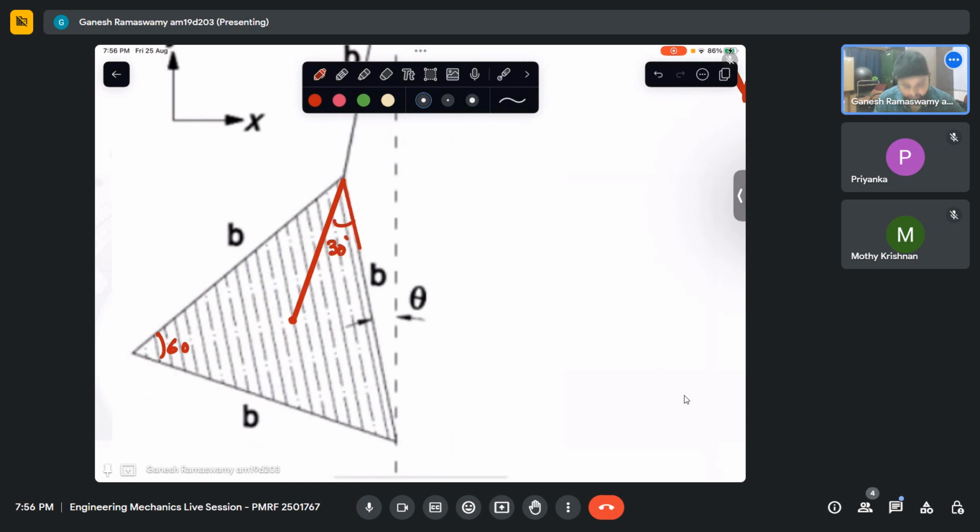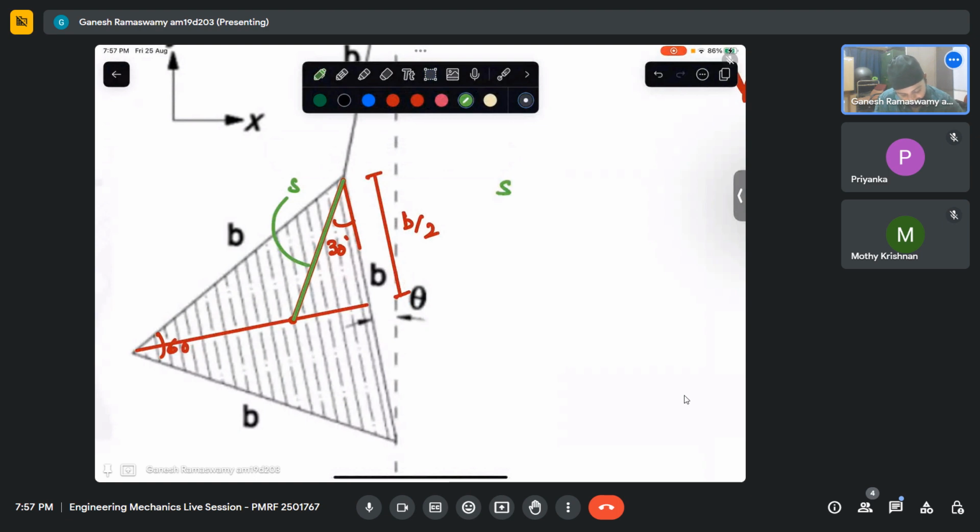And what is this distance? When I draw a perpendicular like that, this distance becomes b by 2. In such a case, can I calculate what the distance, the green distance s is? So from the figure, s is nothing but